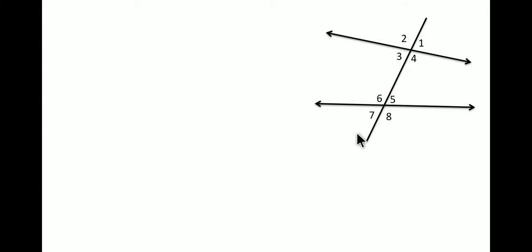Here we categorize these 8 angles into different types of angles. The first one is exterior angles. Exterior means outside. So if you take this portion to be inside, then the exterior, the outside portion, is this: these angles which are facing outside. Angle number 1, angle number 2, angle number 7 and angle number 8 are facing outside. So exterior angles will be, in this case, angles 1, 2, 7 and 8.